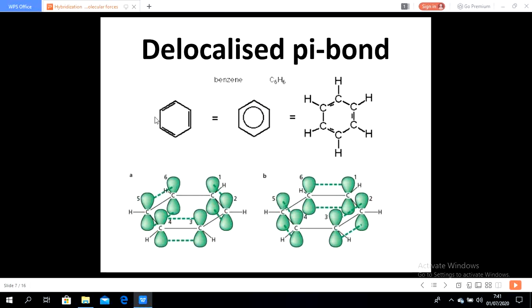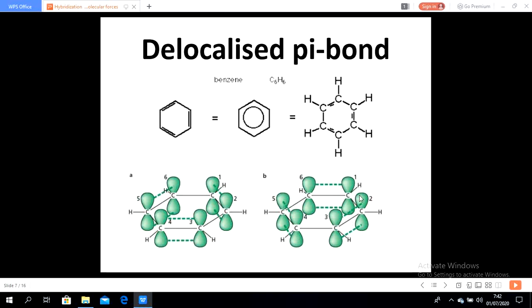Okay, and this is called the skeletal formula of benzene. There are 3 double bonds. Because double bonds can rotate to any position, that's why it is in the form of a ring. And the shape of this one is planar. So look at this one. This is a double bond. This is a double bond, which is the same as this one.